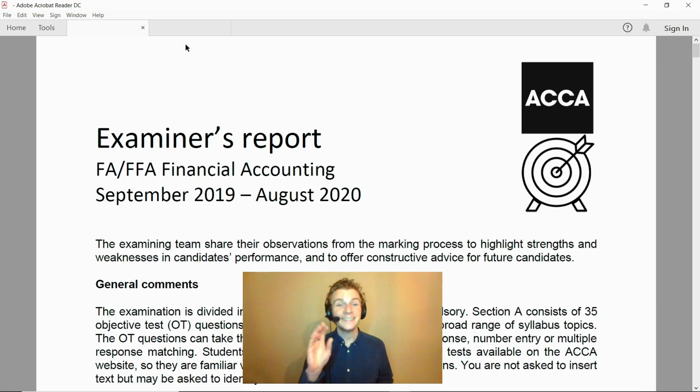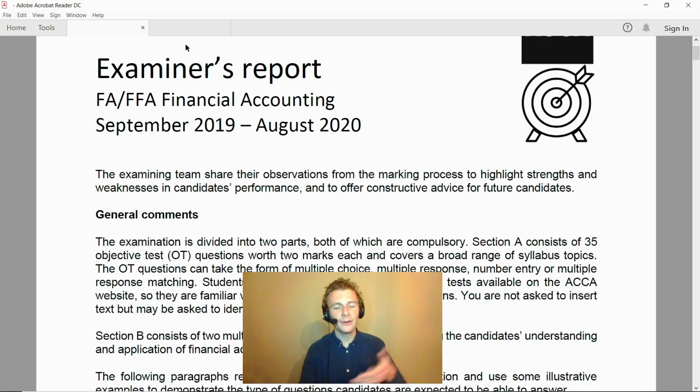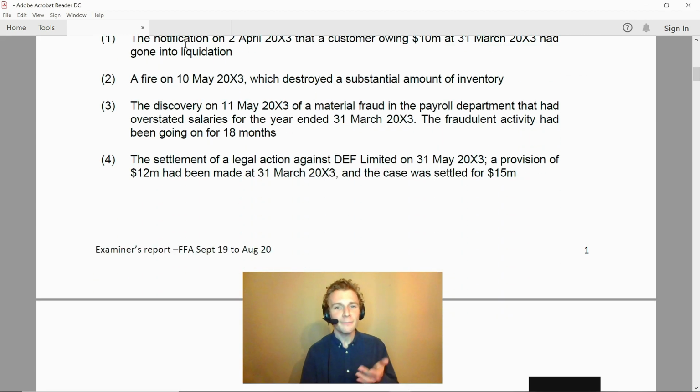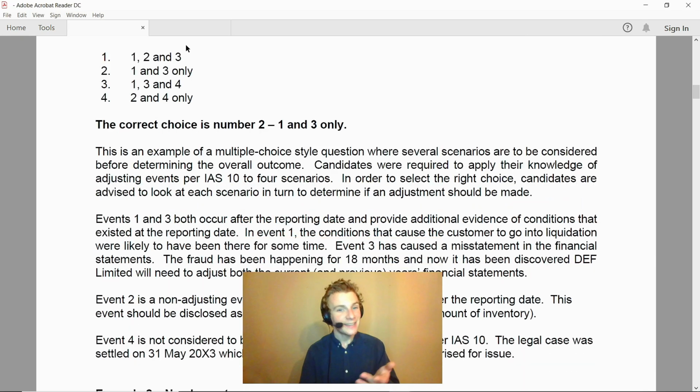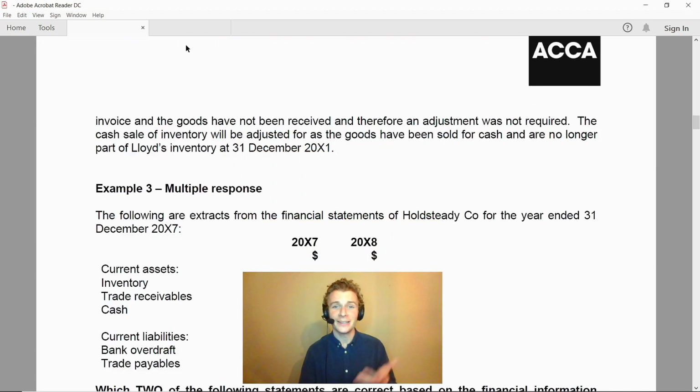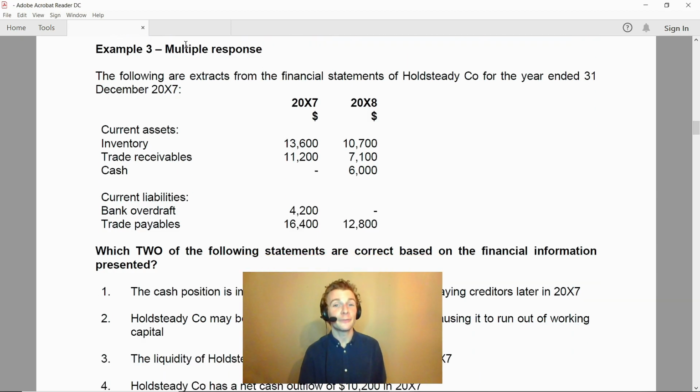Okay, so this is the External Examiner's Report for September 19 to August 2020. Again, the link is in the description below. You can access this for free, and we're going to go through this now, top to bottom, with my insights on here as well. So look, we've got examples on here, Section A, Section B. In other words, if you're doing the financial accounting examination, this is the document you need to be reviewing top